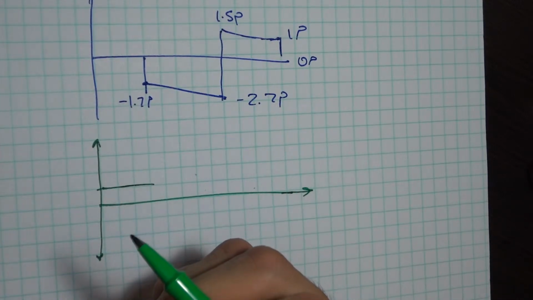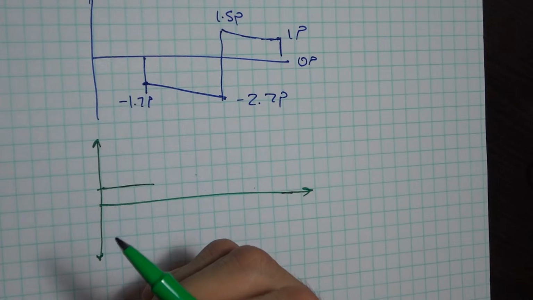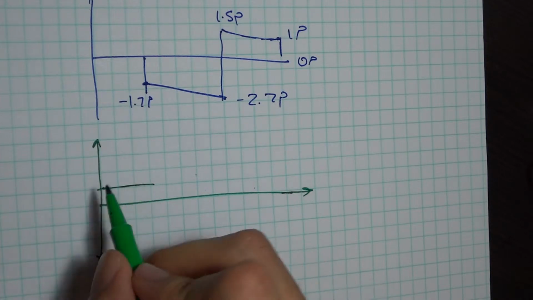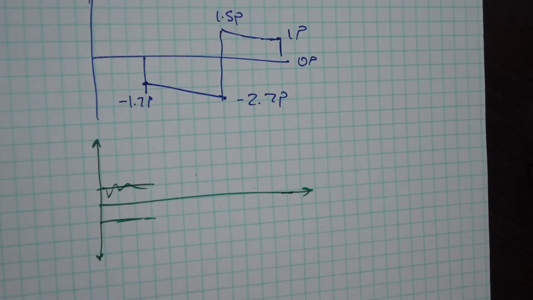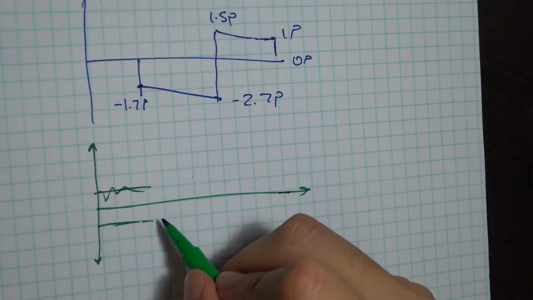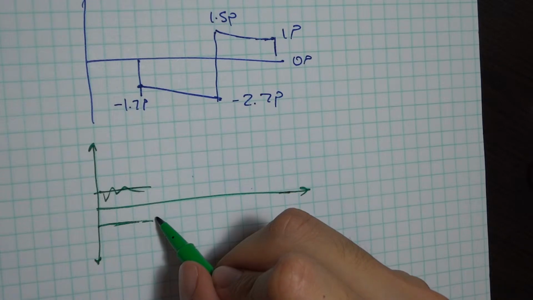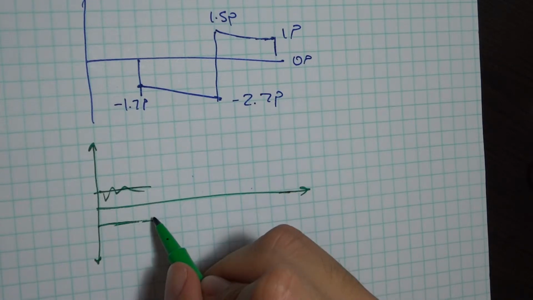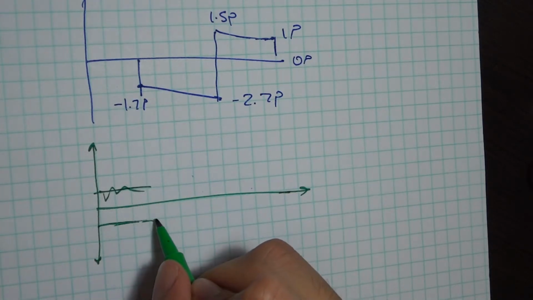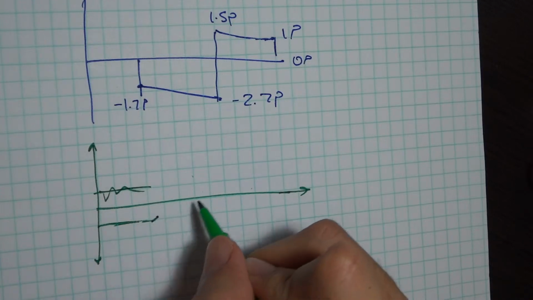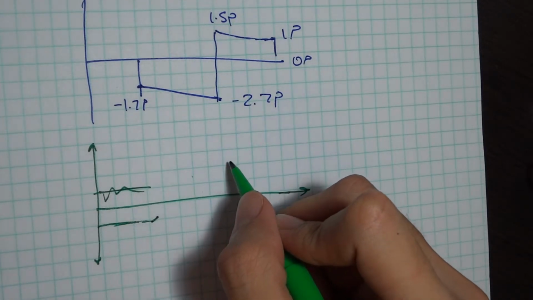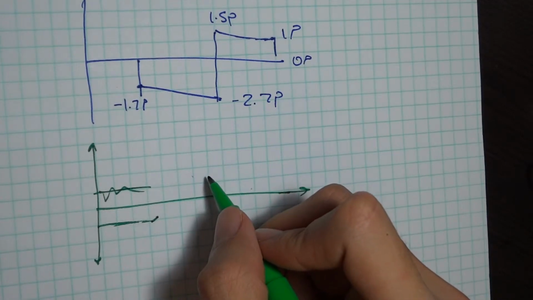I'm sorry, this should be the opposite way. We stay constant all the way through, and then we start decreasing. We start decreasing slowly. So we have a shallow slope, and we start decreasing faster and faster and faster until we get to the